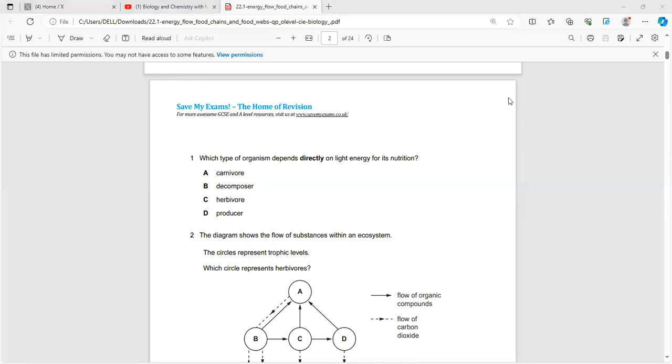Good morning. Today we'll be doing the past papers on food chains and relationships between organisms living in an ecosystem. If we start off with question number one, they ask which organism directly depends on light energy? They are the producers, and the answer is sun, because it takes in sunlight and makes food by the process